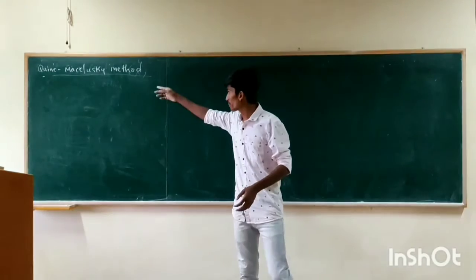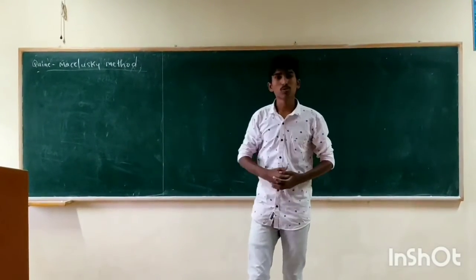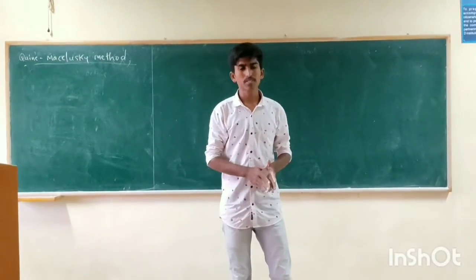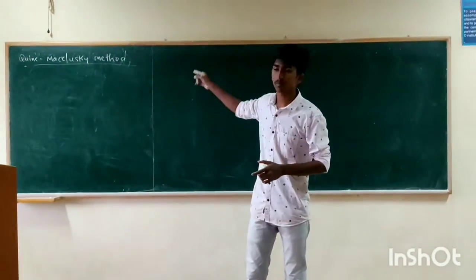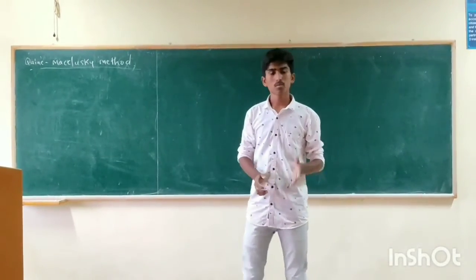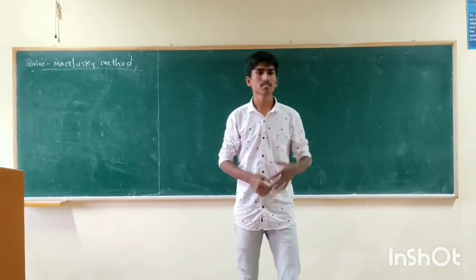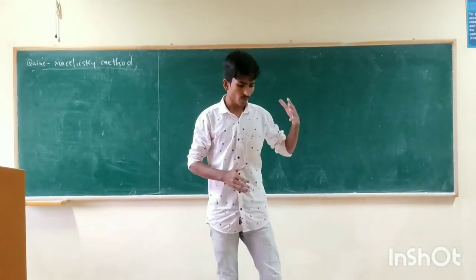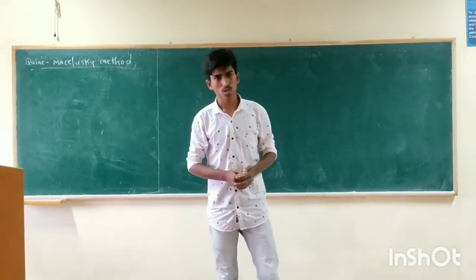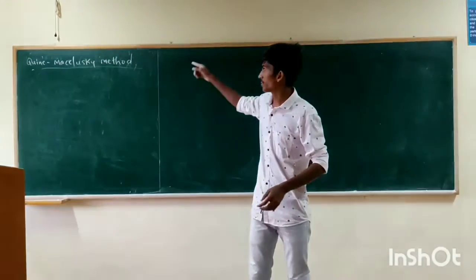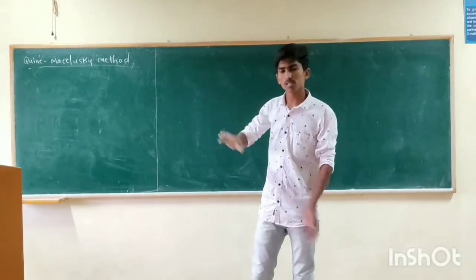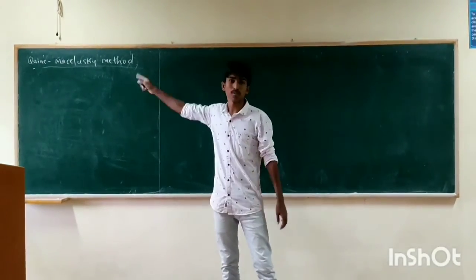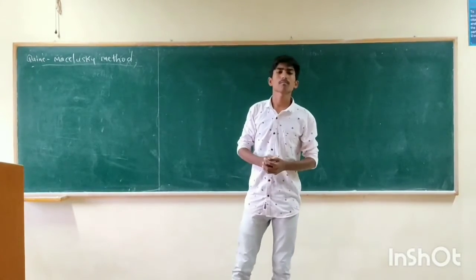And my second concept is the Quine-McCluskey method. The Quine-McCluskey method is preferred instead of K-map when the Boolean expression has more than 4 variables, for example 5 variables, 6 variables. If I have 5 variables, we cannot solve by K-map because it is very complex and difficult. So the Quine-McCluskey method is very important for more than 4 variables, and you can solve easily with this method. This method is also called the method of prime implicants.